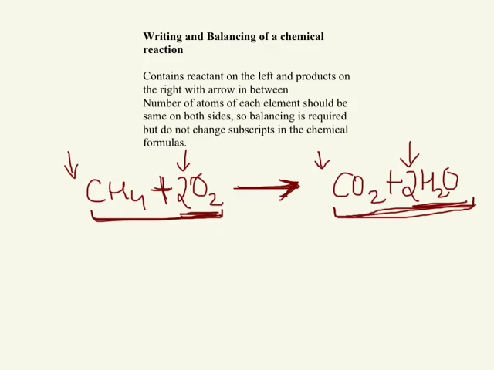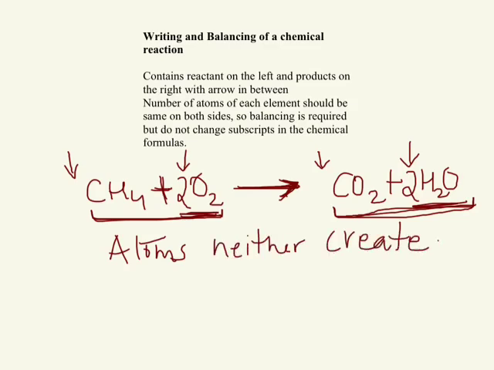Now, why are these coefficients used? Because all chemical reactions follow a fundamental principle of nature, which is the law of conservation of mass: atoms are neither created nor destroyed. Which means that you need to have the same number of atoms of each element in the reactants as the number of atoms of each type in the products. So what does it mean? For example,